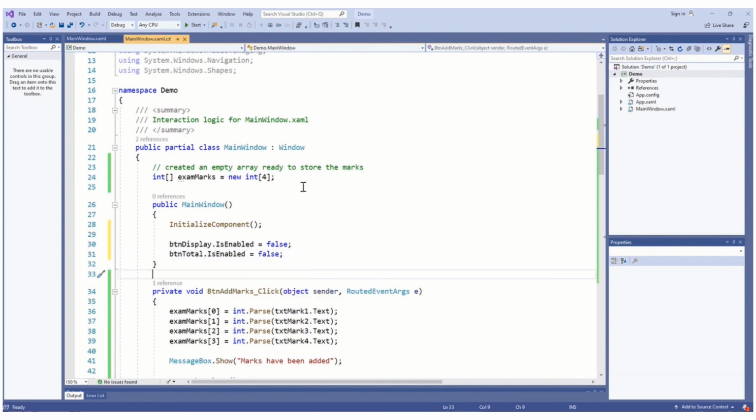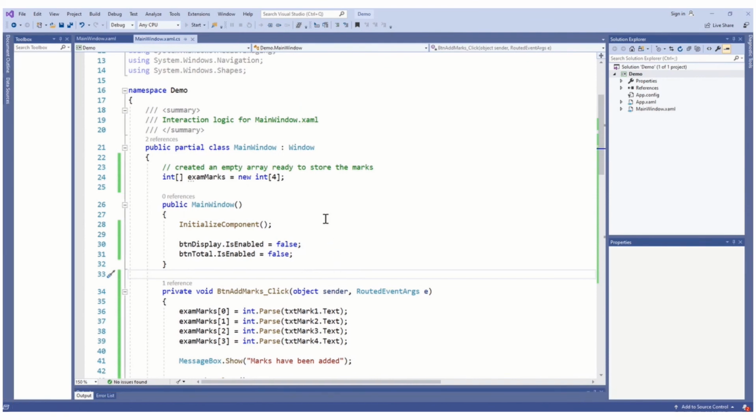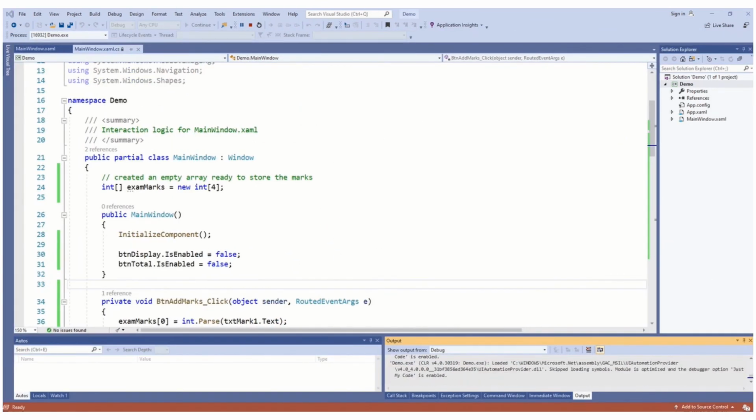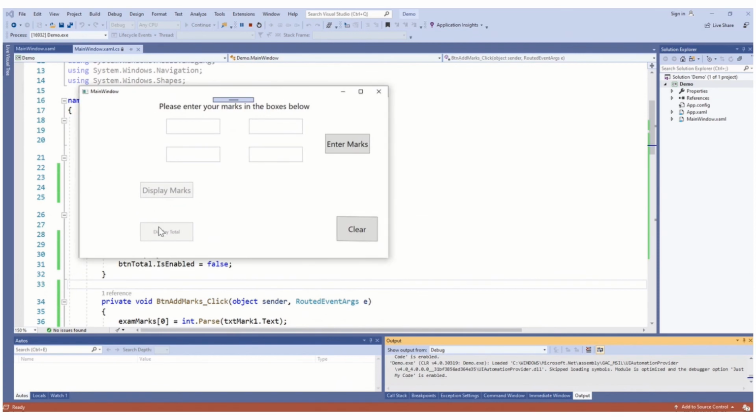So now when we run this, you'll see that those buttons are disabled. There we go, see we can't click on them, so that's nicer. We want to leave the clear button because if they do type stuff in, we want them to be able to clear it. Right, that's fine, but now the next step is after they've entered values and clicked on enter marks,